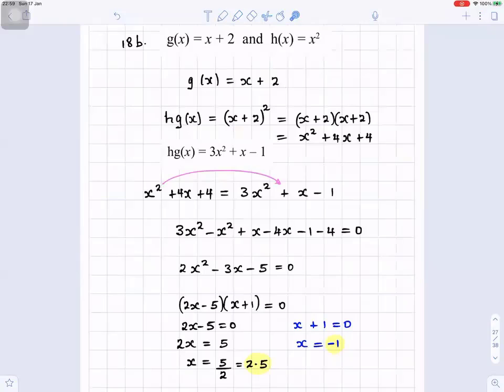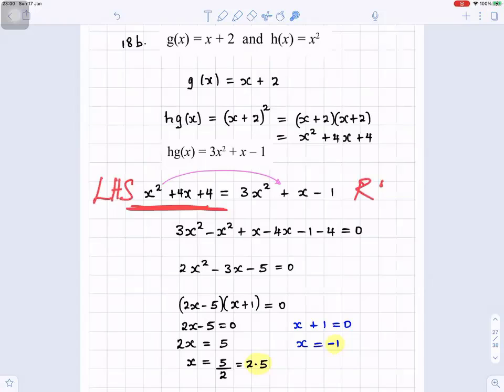You multiply this using the FOIL, first, outer, inner, last method. X times x is x squared. X times 2 is 2x, plus 2x is 4x, plus 4. Now hg of x is 3x squared plus x minus 1. So now your x squared plus 4x plus 4 is equal to 3x squared plus x minus 1. So we've got the left hand side